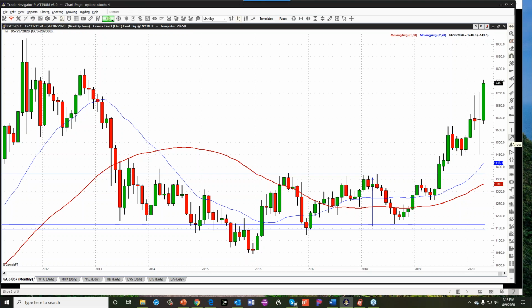take the height of the box, and I'll be conservative. We'll go from here to here. Okay, so from about 1170 to 1370, what is that? $200. You add 200 to 1370, you get a minimum target of 1570. Okay, now remember, targets don't mean resistance, but once the market broke above this,